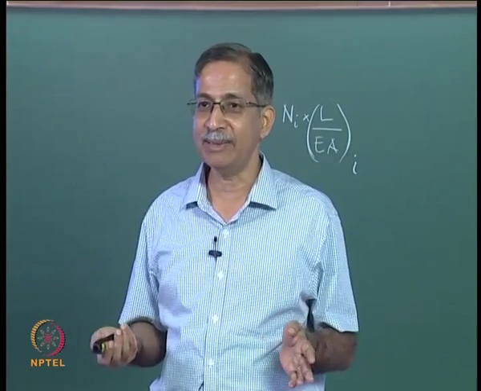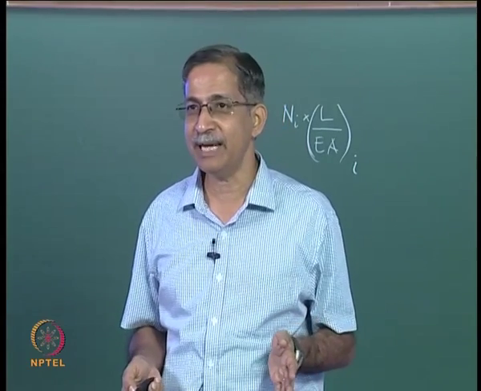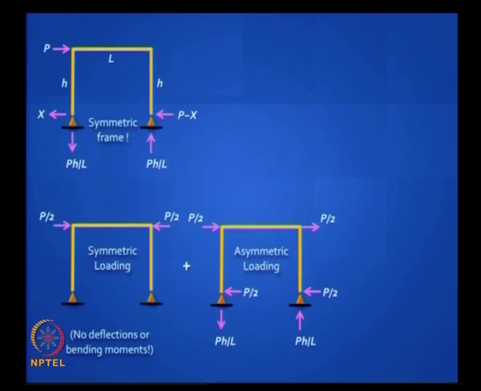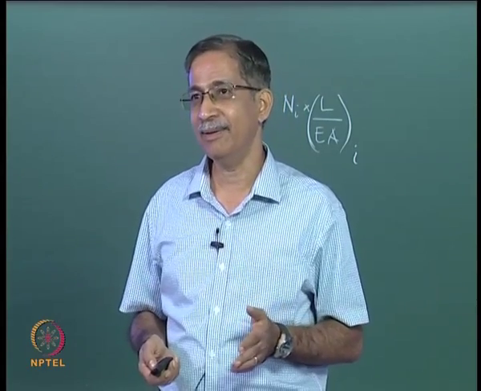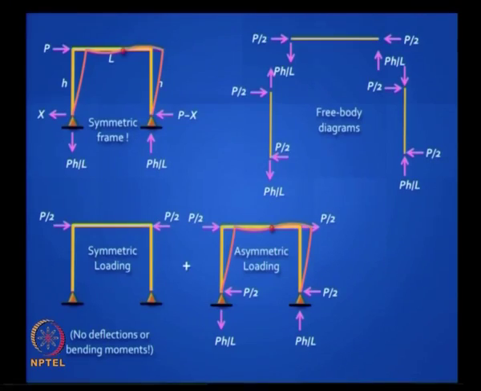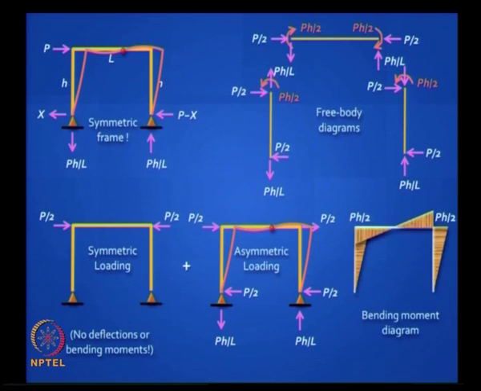There is no deflected shape, it will remain as it is because there is no change in shape, you have only an axial force. Whereas in the second one, if you invoke parity and superposition, you will find that you will have to have p by 2, and so the deflected shape will look like that, and the deflection comes from the antisymmetric loading part. And so once you say p is shared equally p by 2, the indeterminacy is gone, and you can analyze this and you can draw the bending moment diagram.